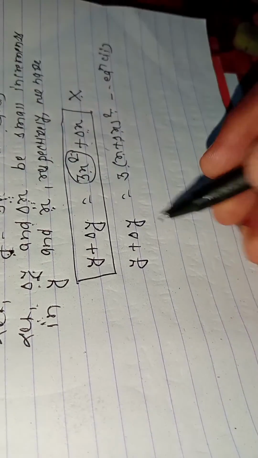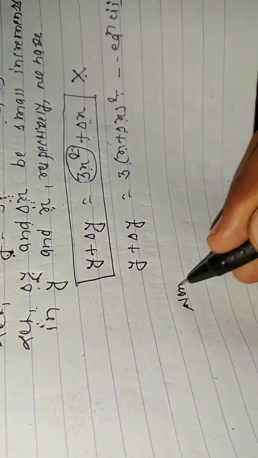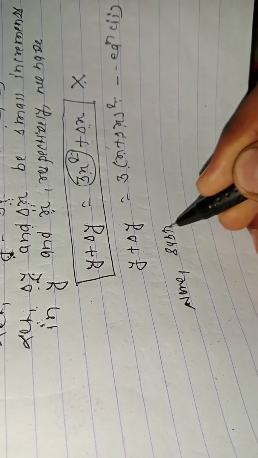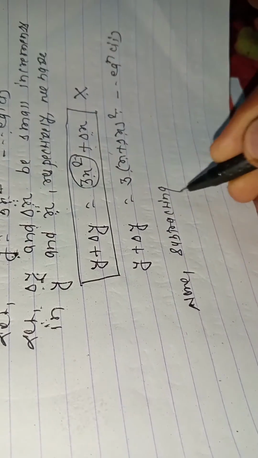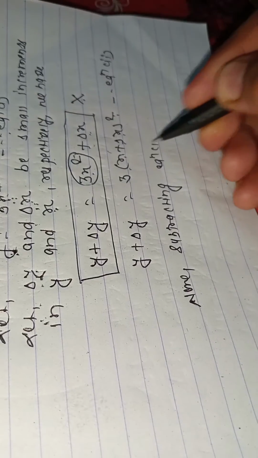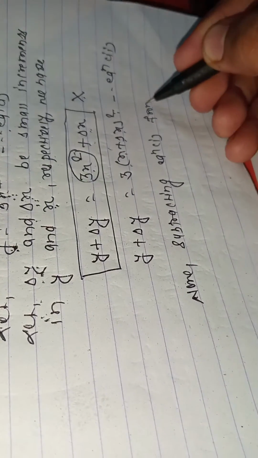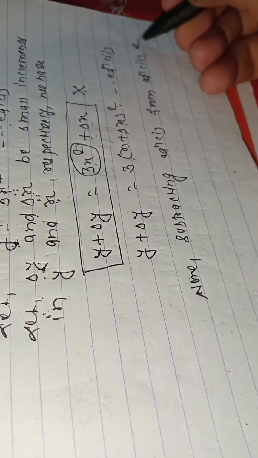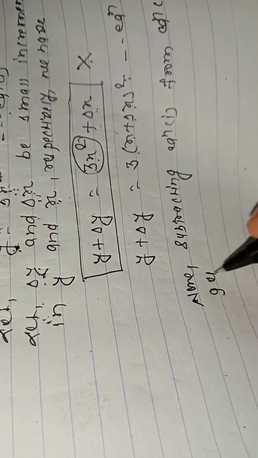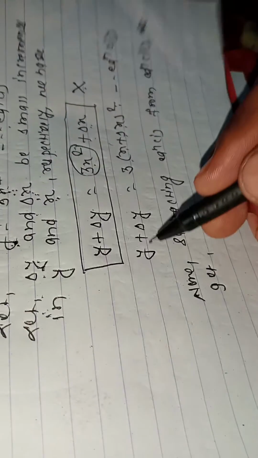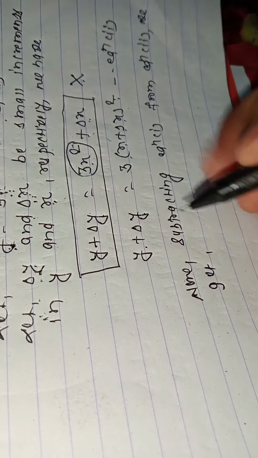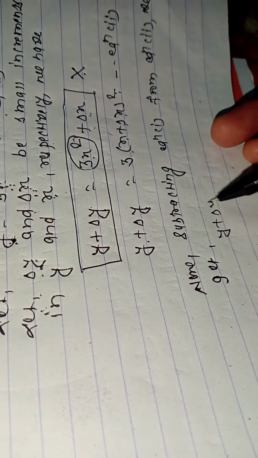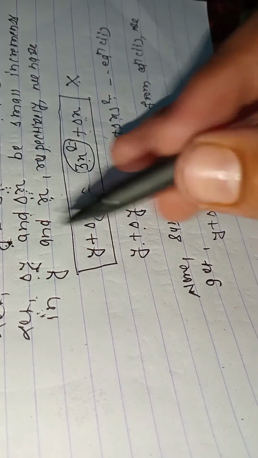Now you have to subtract. Now subtracting equation 1 from equation 2, we get y plus delta y. So write down y plus delta y, LHS minus